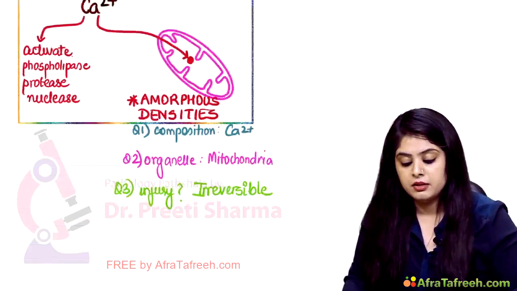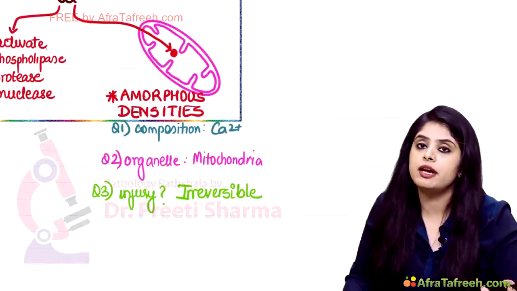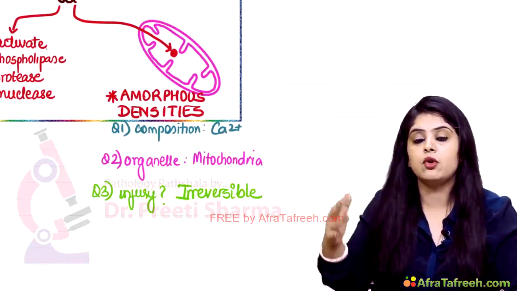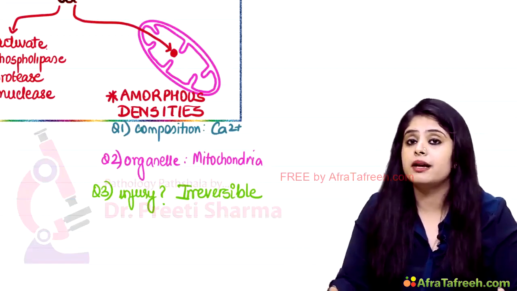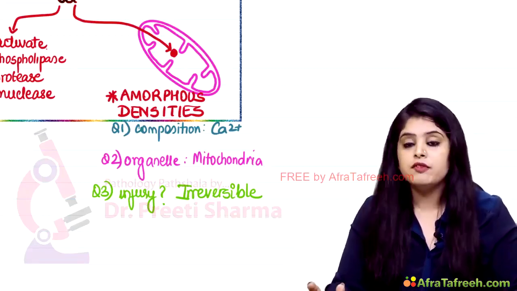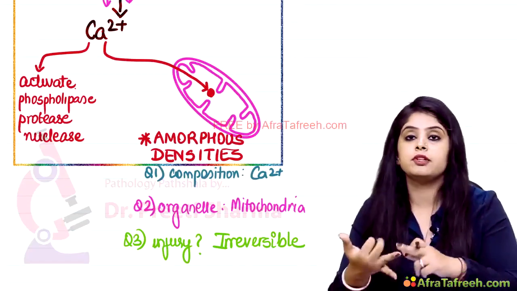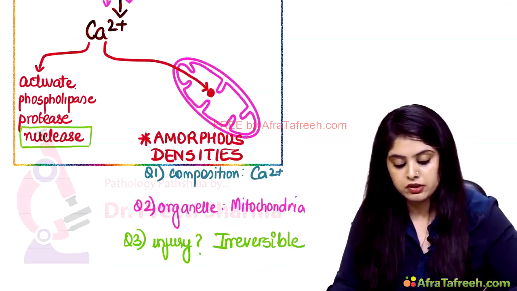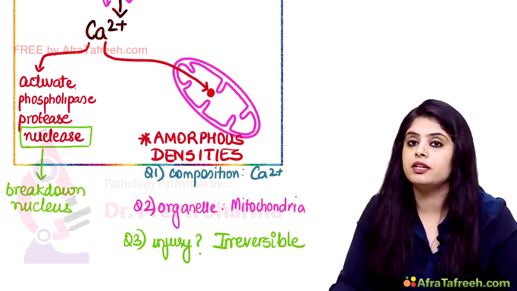So now what happened? Because of the formation of these amorphous densities, I can say that there is severe mitochondrial damage. Remember the two deciding factors of irreversible cell injury. First, severe membrane damage, all the calcium enters. This calcium then goes and destroys the mitochondria. So severe mitochondrial damage, both our factors are done. Before we proceed, I want you to focus on the term that calcium activated these enzymes like phospholipase, protease, and nuclease. What additional do you need to know about this nuclease? The nuclease will go and break down the nucleus, right? That is obvious.